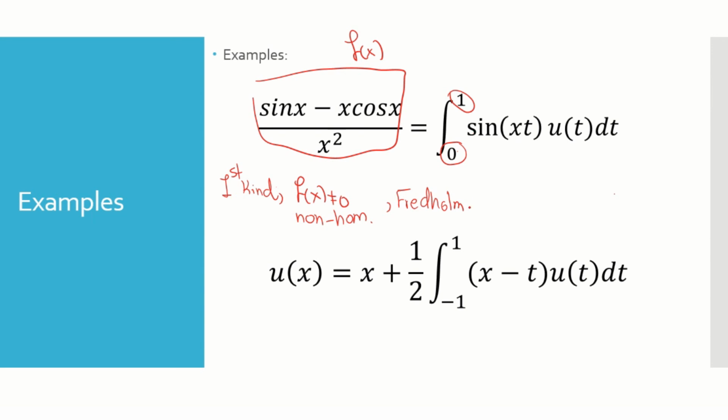Let's see now the kernel of the integral equation. Our kernel here is sine of x and t. As we know, we can draw the sine like this. There are no singular points from 0 to 1 or at any interval. So our k of x and t has no singular point on the interval from 0 to 1, and 0 and 1 are not equal to infinity or minus infinity. Then it's non-singular